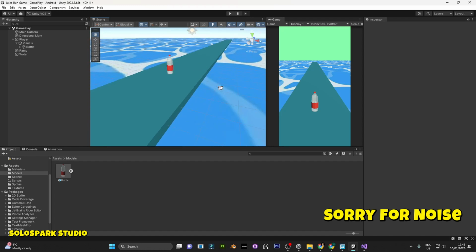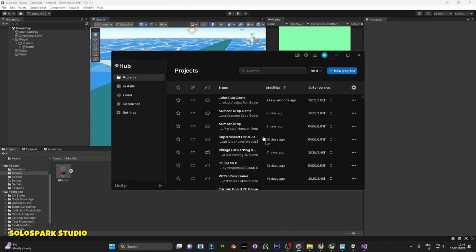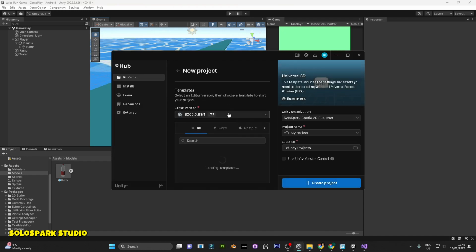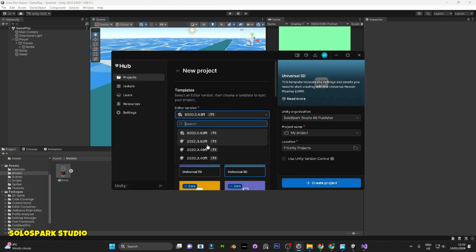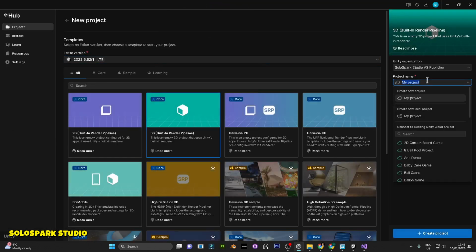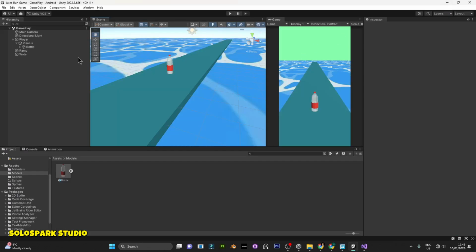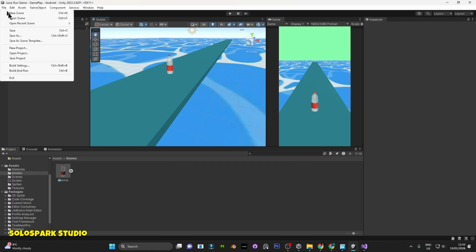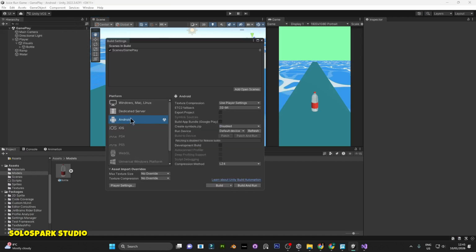For creating the project, open your Unity Hub and create a new project, then select your Unity version. After that, give it a name like Juice Run, select the 3D built-in render pipeline, and then create the project. After creating your project, go to File, Build Settings, and convert the platform to Android, because we are creating that